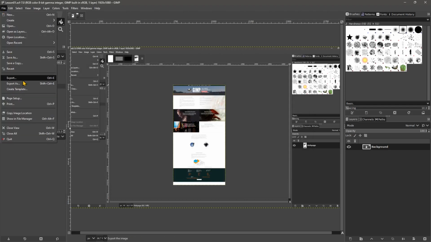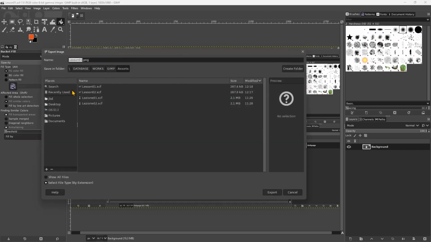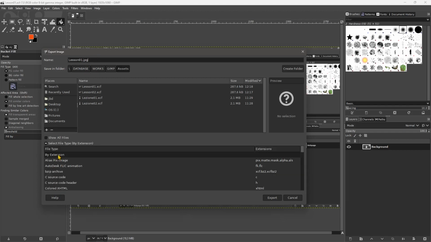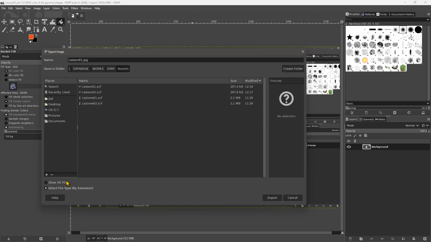So if we want to make an image, a final asset, we're going to Export or Export As. So let's export, and you can see the first format is going to be PNG. Now PNG has more quality and retains more information than JPEG, but we can also change this to JPG if we want. So just type JPG, and that's going to save it in JPG, or type PNG and it's going to save it in PNG. Now you can also go down here and select the file type. So you can see the file type here and the extensions right here. Well, we're going to spend more time on this later. So let's just save it,